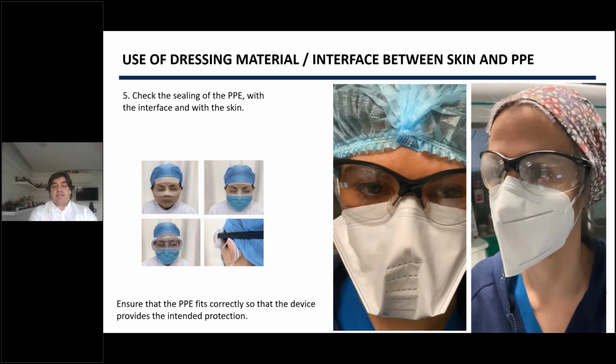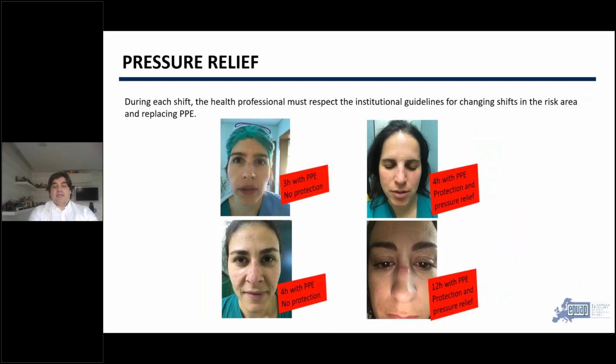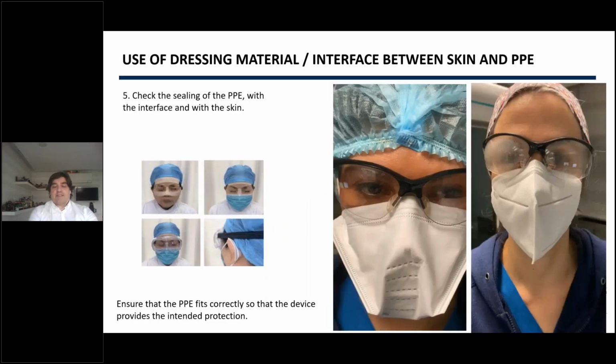In the next slide, you'll see the videos that show that the respiration, or even the fog that you can see on the glasses, reduce the impact or even the seal of the mask. If it's possible to see the video, you will see the movements of